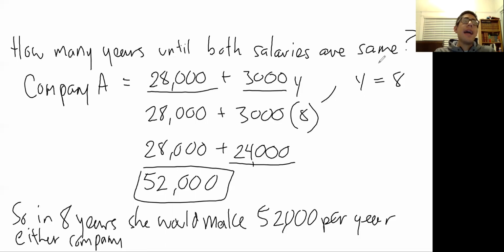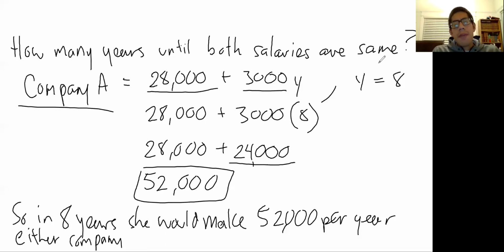Well, if all we know is their salary, she might make less money working for Company A for the first 8 years. She will make less money until she gets to year 8. Then at year 8, she's going to make the same amount of money as she would working for Company B. And after any year after that, she's going to make more money at Company A. So if this was you and you were making a decision, and you plan to work for this company for at least 20 years, which company would pay you more money at the end? Well, assuming nothing changes and this is all true, Company A would work out much better for you